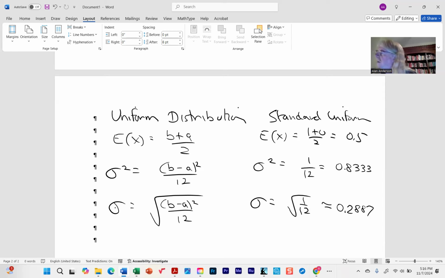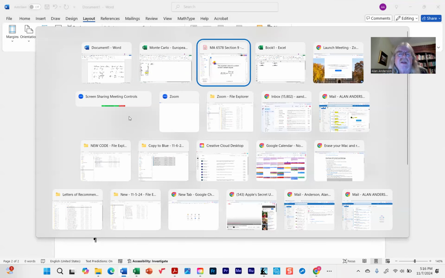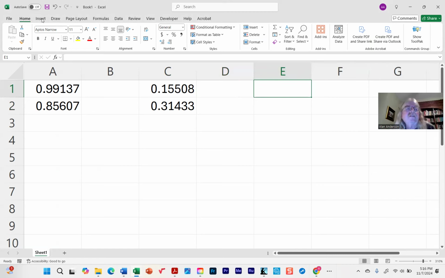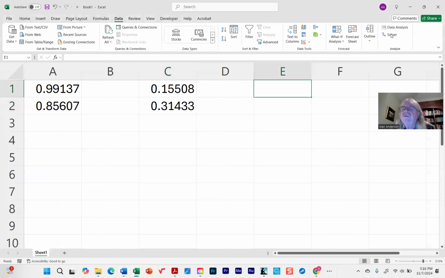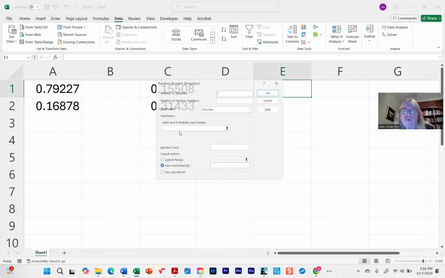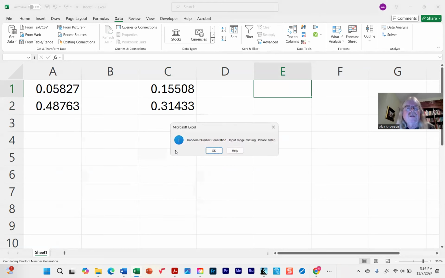Okay. Now, what do we do with this information? Oh, by the way, Excel has other functions too for random numbers. Like if you really need to directly generate random numbers from other distributions, what we're about to do isn't really necessary because what they have here is the data analysis toolpack. If you look at it carefully, you'll see that it does have a random number generator, which does offer you the option of really maybe not every single variable out there, but let's say I really do want to go directly